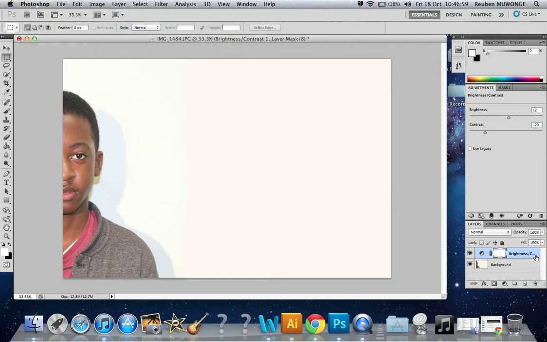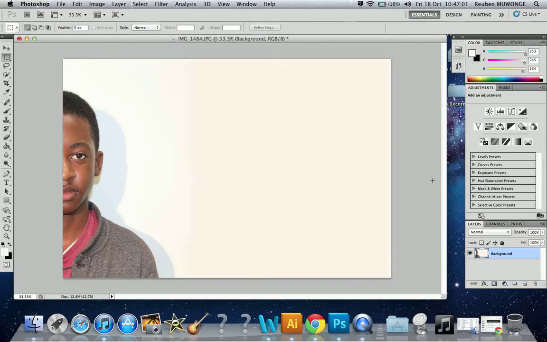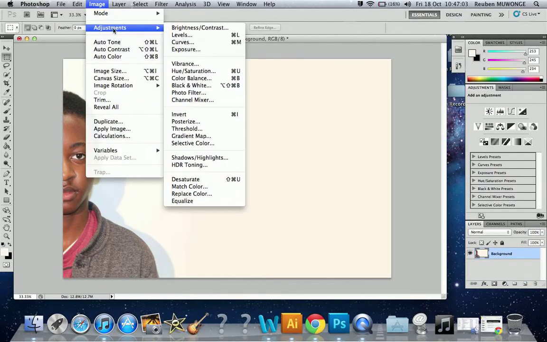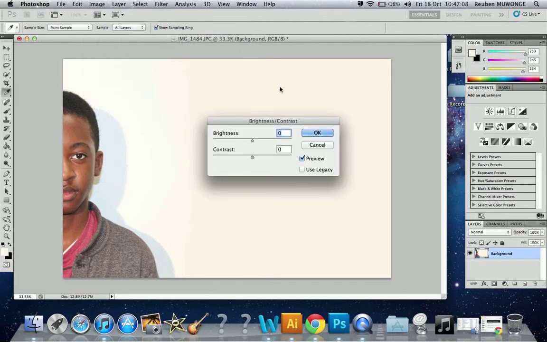Let's first delete this. Another method you can use is going up here to image, then adjustment, and brightness and contrast. And as you can see here, you can change the brightness, make it brighter, darker, same as before. And here you can tick the preview box, and this will let you see what it's going to look like before. I don't think this method is better than the other one because as you can see, it doesn't create